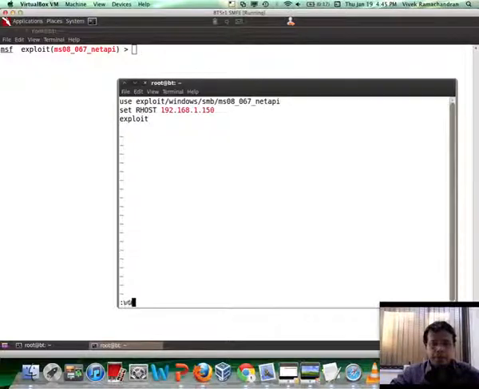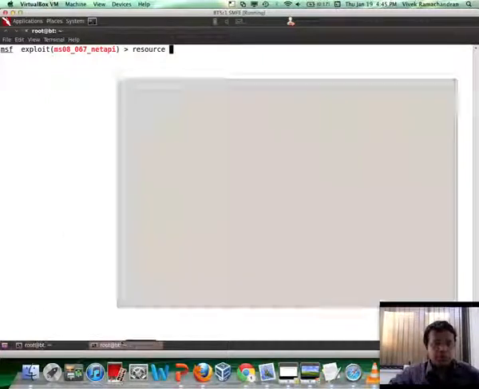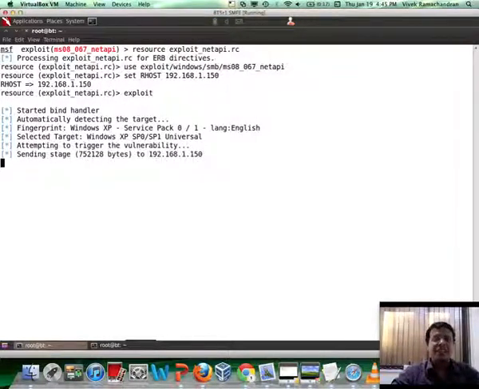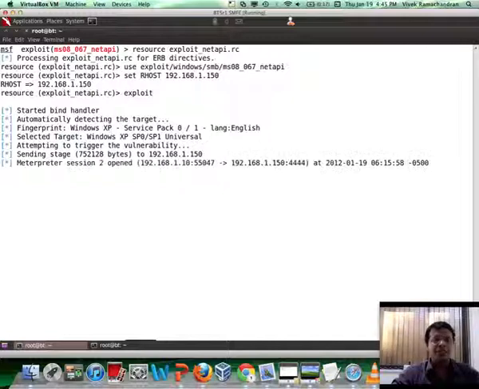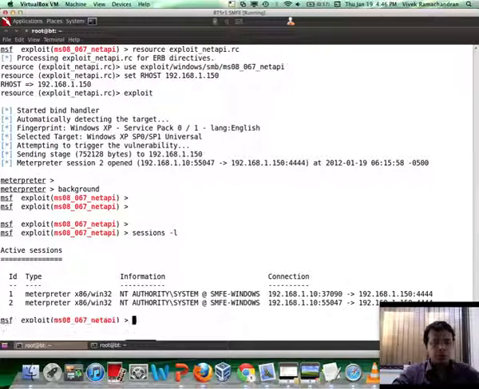And then what we can do is load the resource file within Metasploit and give the name of the resource file, which is exploit_netapi.rc, right? Exactly in a similar way, the commands are executed, and basically we have a Meterpreter session. Because of the stability of the netapi exploit, we are able to exploit the same vulnerable service multiple times and get multiple Meterpreter sessions.